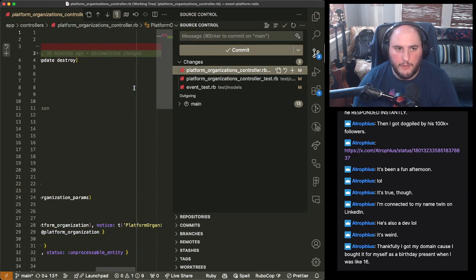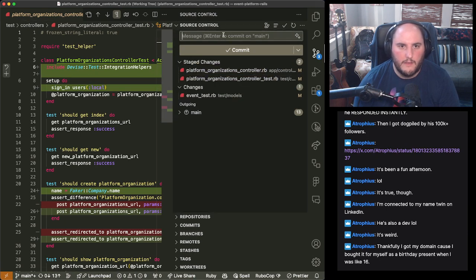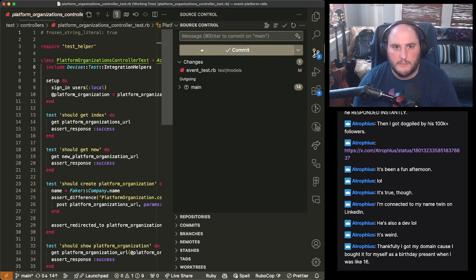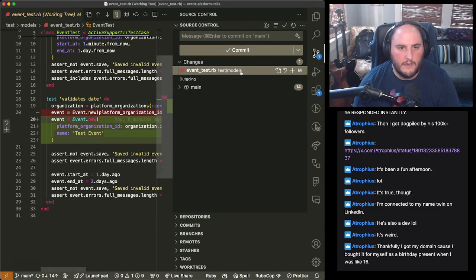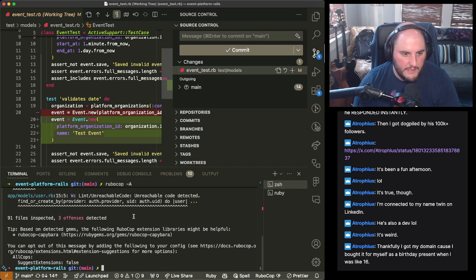Not fully idempotent, but idempotent enough. Fix platform controller to use admin context. And then let's go ahead and do some RuboCop. And we'll do a linting commit because we said we would do that.